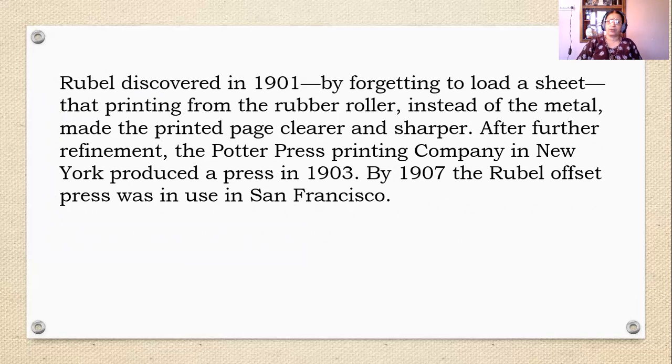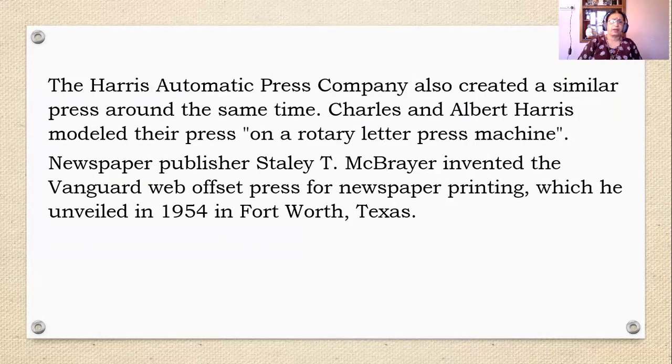By 1907, the Rubel offset press was in use in San Francisco. The Harris Automatic Press Company also created a similar press around the same time. Charles and Albert Harris modeled their press on a rotary letterpress machine.